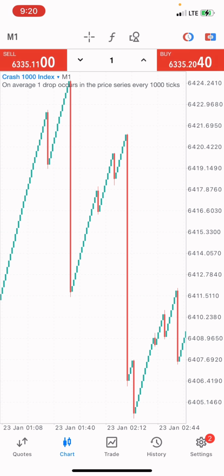So now we're going to be using just 3 indicators for this strategy: the RSI, which is the relative strength index, the commodity channel index,